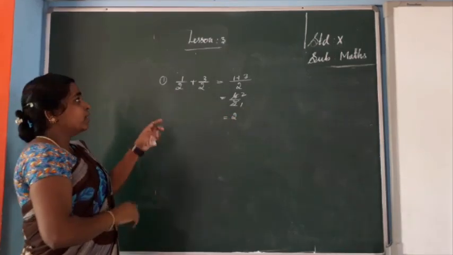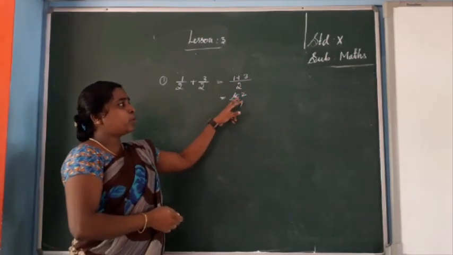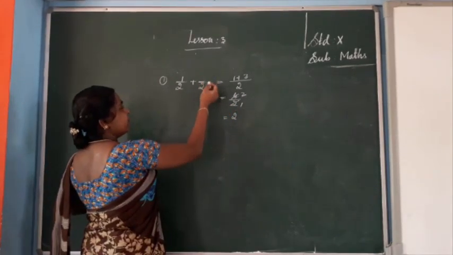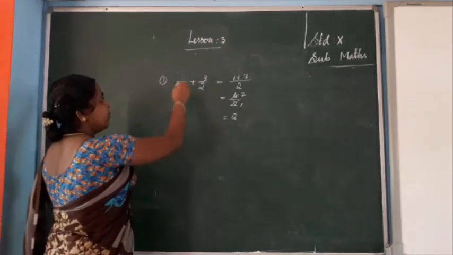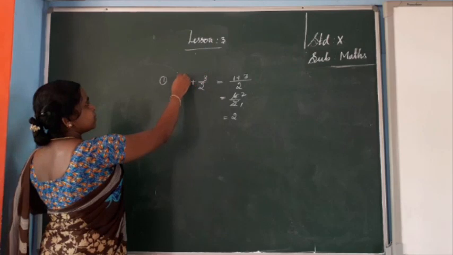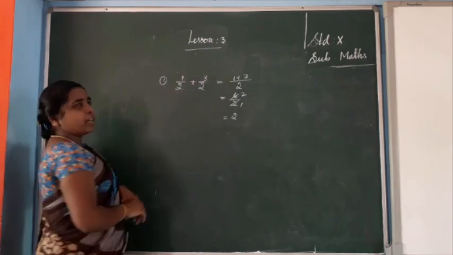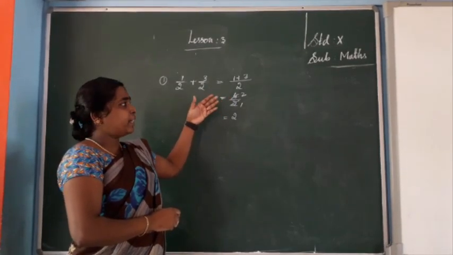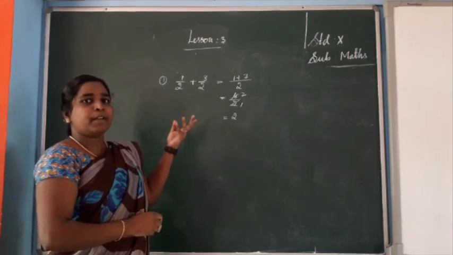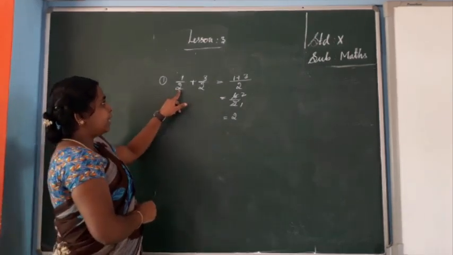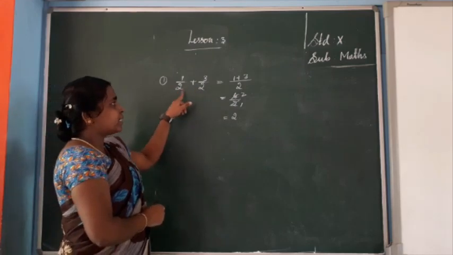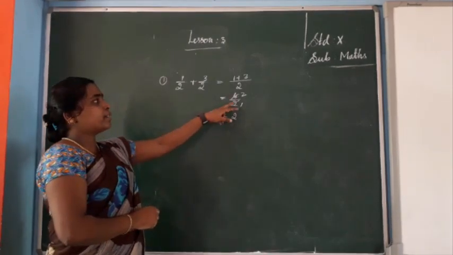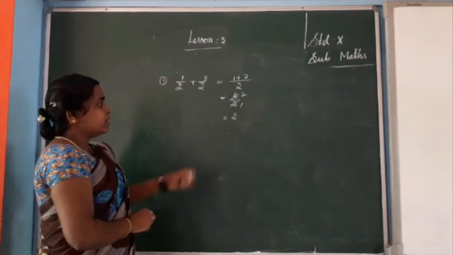Like this one you have to do. Here, 1 plus 3 is 4. Both are divisible by 2, that's why we have simplified. Suppose instead of 3 some other value is there, you get a multiple of 2 only. If it is a multiple of the same number, you simplify. If it is not a multiple of any number, no need to simplify. So be careful. When adding fractions, if the denominator is the same, you write it one time, then you add the numerators. 1 plus 3 is 4. Then you simplify. 1 2 is 2, 2 2s are 4, so it is equal to 2.